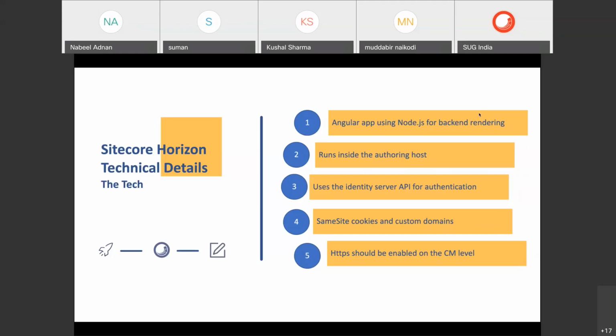You just need to give them proper privileges, and they will click on Horizon instead of content editor or experience editor. They use the same site cookies, and they use HTTPS. So your CM site should be HTTPS enabled. Other than that,